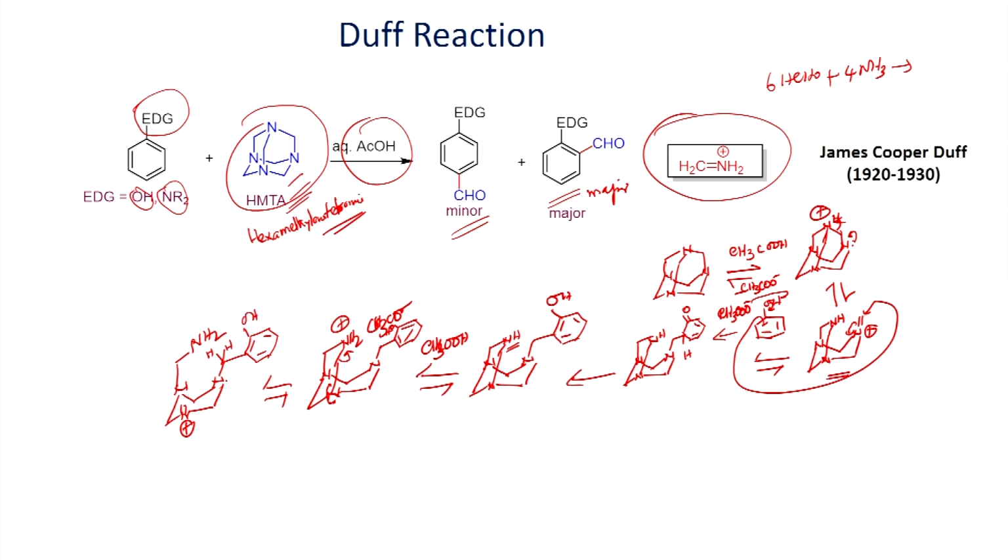This intermediate, once you form this one, can come here and then you will be able to form this, so this will be a methyl group. You have here this one, and you are generating an iminium ion. Once you form this one, since you carry out the reaction in aqueous acid, water can act as a nucleophile and undergo addition with this iminium ion.